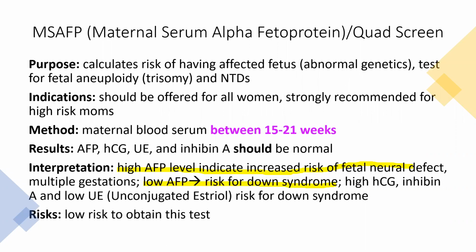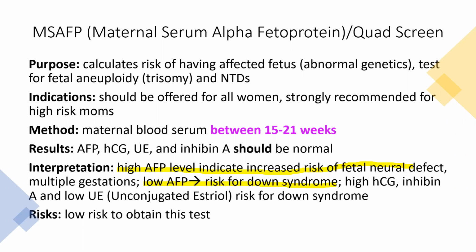That's pretty much that. The quad screen, also called the quadruple screen, is the test that we're doing. We're interpreting pretty much whether the levels are high or low. It's also called the alpha fetal protein. The purpose of this is to see if they're having maybe any risk, maybe a genetic risk. The indications for this: it should be offered to all women because this is just a